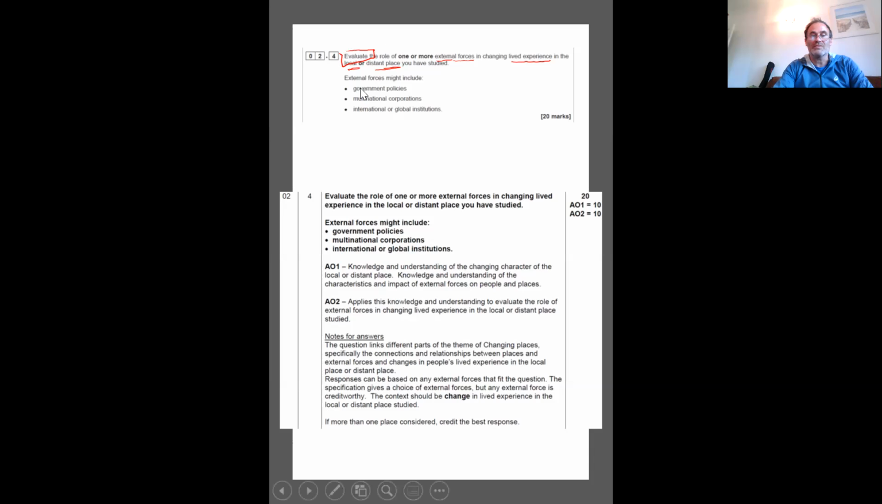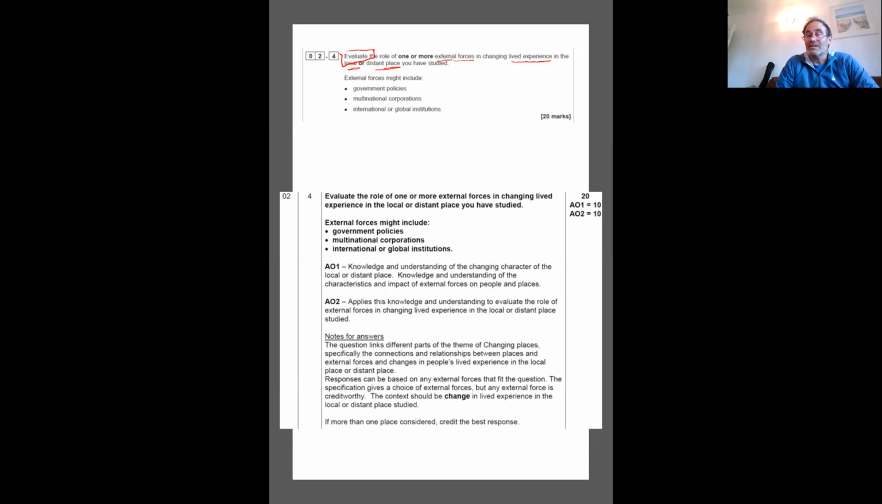Definitely, we have done some work on government policies and multinational corporations. I do feel it lends itself to talking about all three things. Now, it says in the local or distant place you've studied. If it was local, you're really talking about Chelmsford. So if you decided to do Chelmsford, you would need to talk about some of the